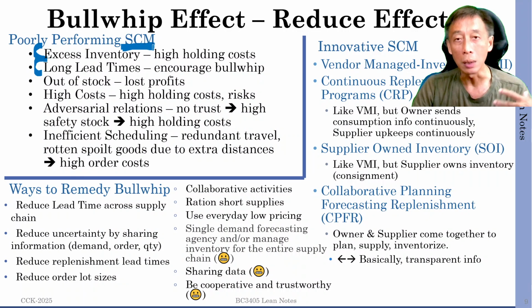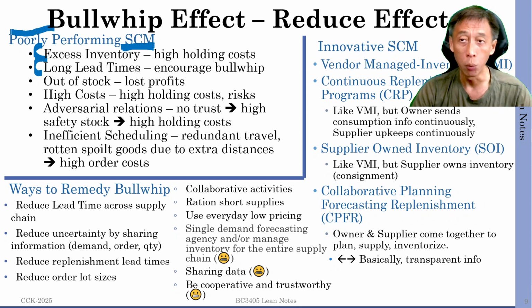But if the monopolizing distributor can increase the price by 5%, 10%, kind of small, that's going to make a lot of money for the distributor, right? But no choice, right? The end consumers like you and me will just have to pay the price. So it'll be bad for maybe a few parties, a few stakeholders in the supply chain, or it may be just bad for all when we have poor performance in the supply chain.